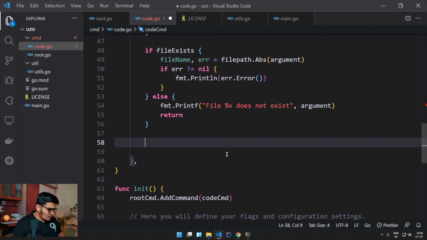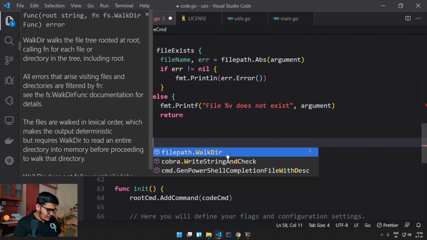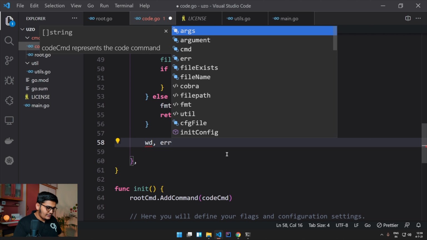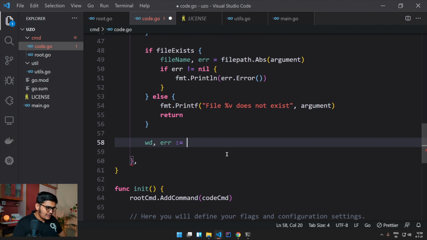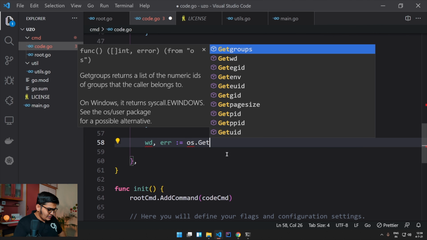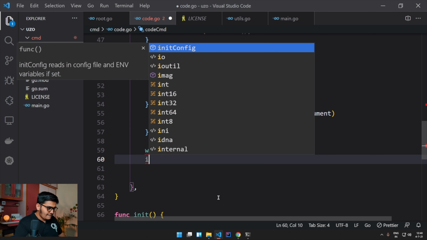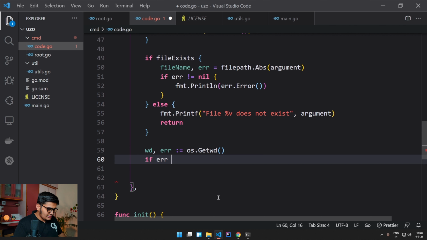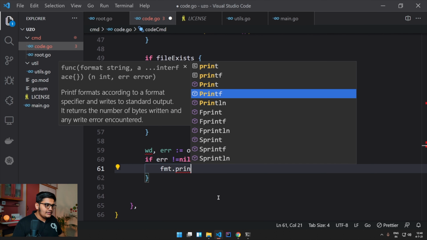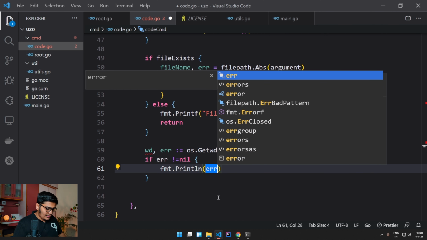So to get the working directory, I'll say workingDirectory, err equals to os.Getwd. This is a small w over here. Now if error not equals to nil over here, fmt.Println error.